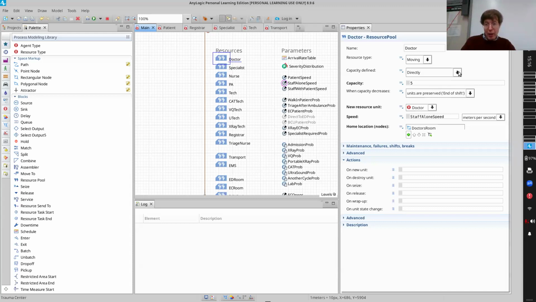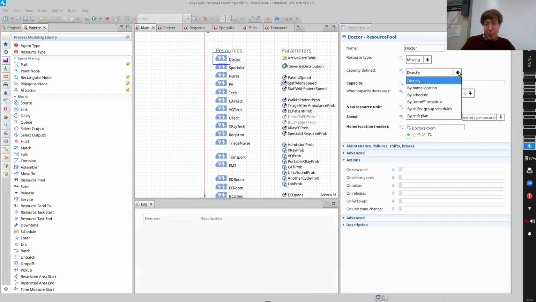How that capacity is defined, but it can be defined, say, by a schedule. Certain times of day, you can have more of them, certain times less. There can be none of this resource after a certain time. There could be shifts, some sort of group schedule that governs